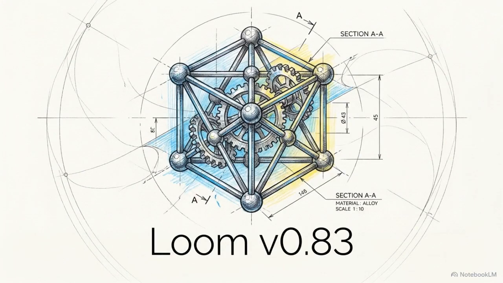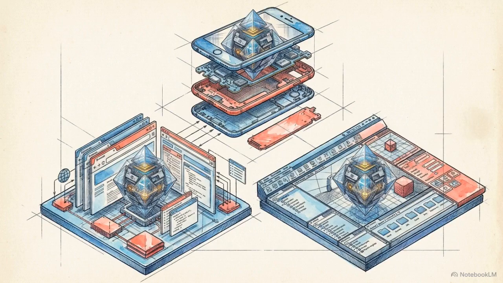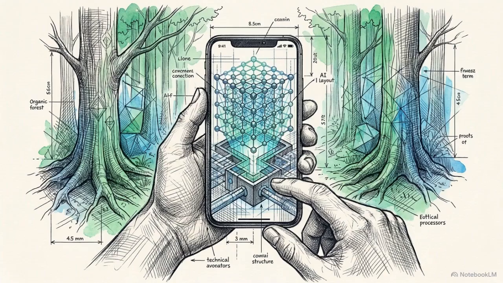The experimental 0.83 release of the Layered Omni Architecture Open Fluke Machine, or Loom, presents a counter-architecture. Engineered entirely in Go, it operates as a deterministic neural virtual machine without a single external dependency. Shrinking an execution framework to a single 10-megabyte deterministic binary allows developers to embed models directly into mobile apps, web browsers, or game engines. Artificial intelligence transitions from a rented cloud utility into a sovereign, offline software component.